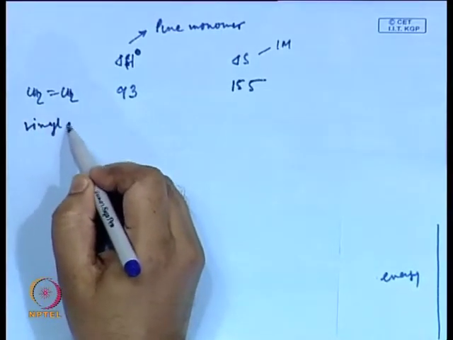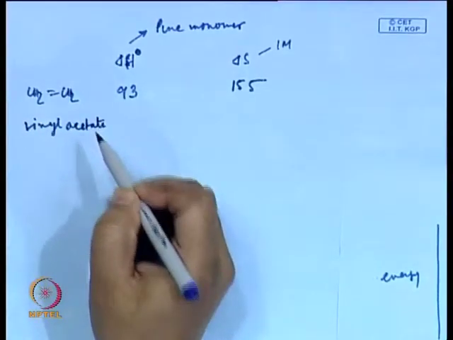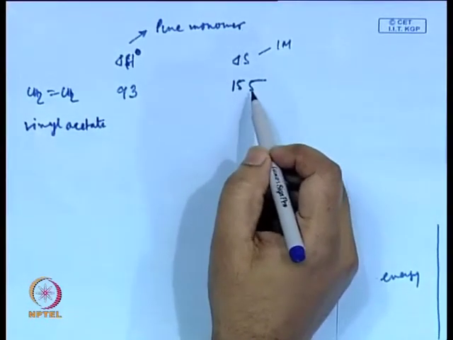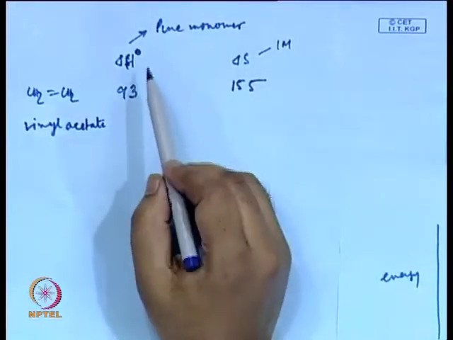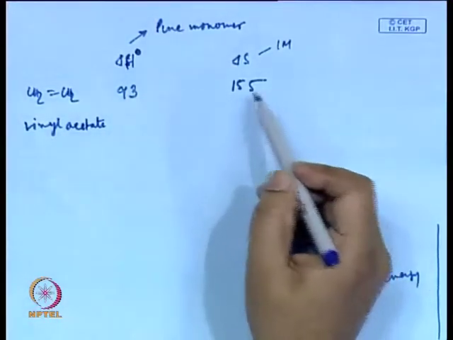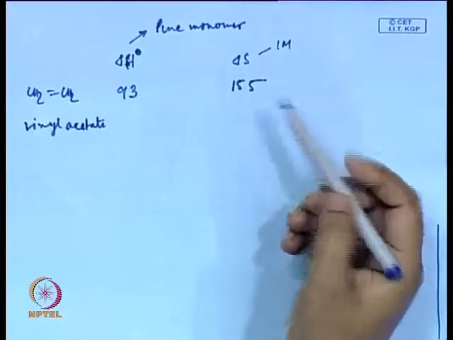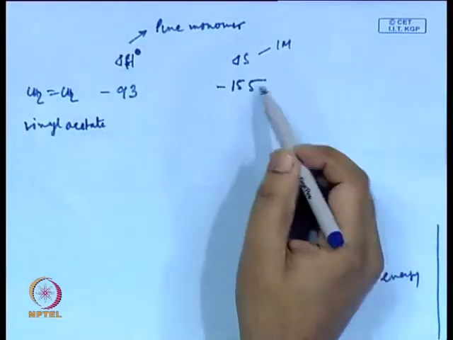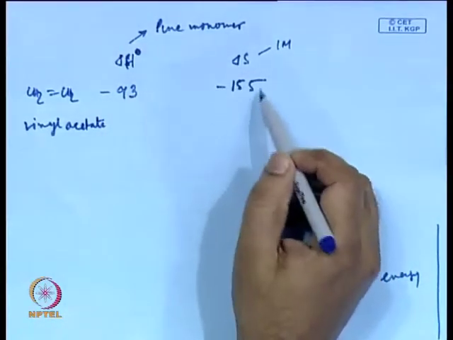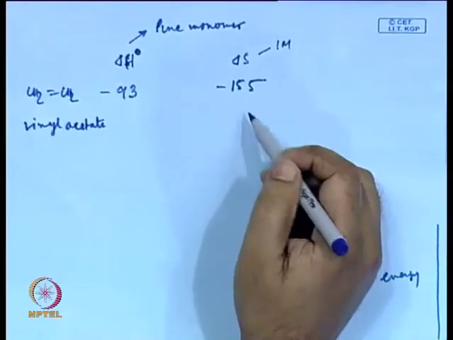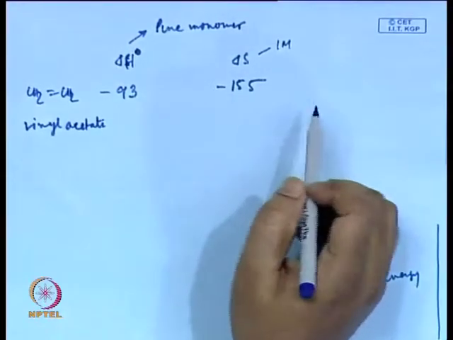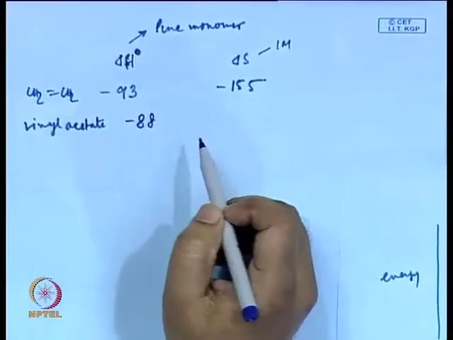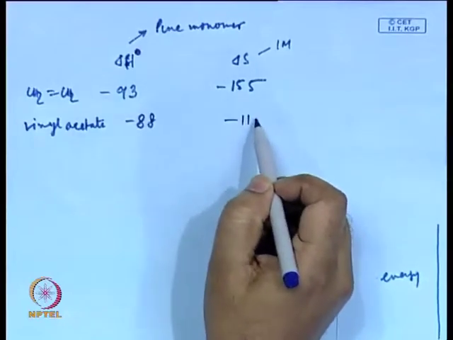Compare these with vinyl acetate. Now, this value is quite high, this will be higher from any other, because we are talking about a gas phase reaction. The gaseous monomer is getting transferred to a polymer. So, obviously drop in entropy will be much higher. These are negative numbers, sorry. So, it will be much higher. When you talk about the solution phase, then these values will be similar. This is minus 88, minus 110,